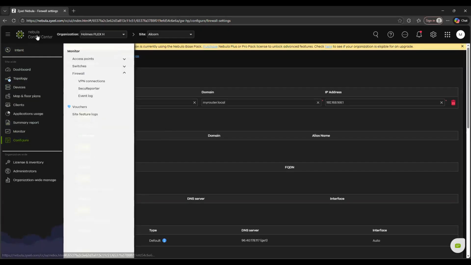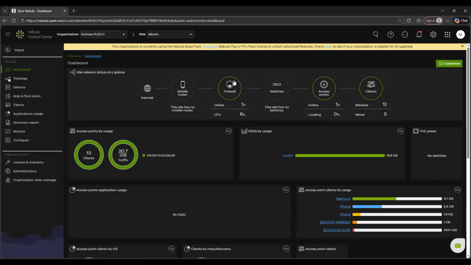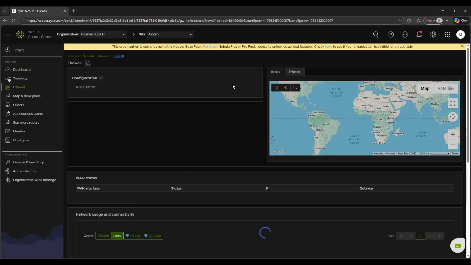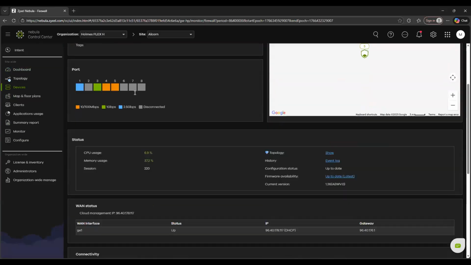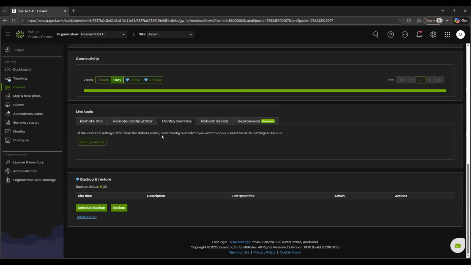Now, as far as going into the local GUI of the device, we can do that by going to our dashboard and we can click on the firewall. And then after we click on the firewall, come straight down to the very bottom, and you'll see there's a couple of things I want to cover really quick before we go into that. We have the remote configurator, but what we can do here is configuration override. So this option is here because maybe you logged into the local GUI or you have a user that's logged in locally and they are